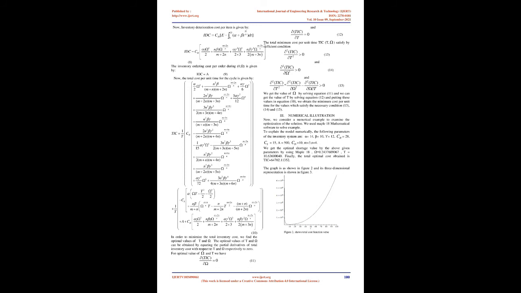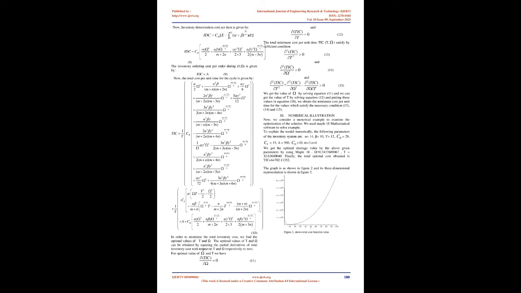time-varying demand. In this paper, a deterministic inventory model is developed for deteriorating items which deals with a single item with the demand rate as a function of time raised to power m by n, and the deterioration rate is constant. The holding cost is considered to be constant, and the shortages are allowed and fully backlogged. The inventory model uses the following assumptions: In the period 0 to t1, the inventory level is positive and decreasing, and at time t equals t1, the inventory level